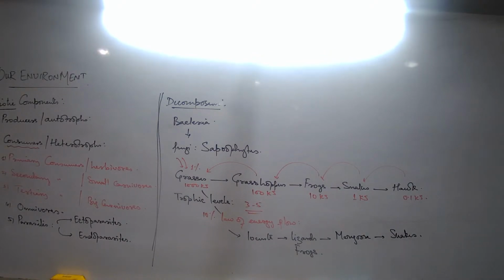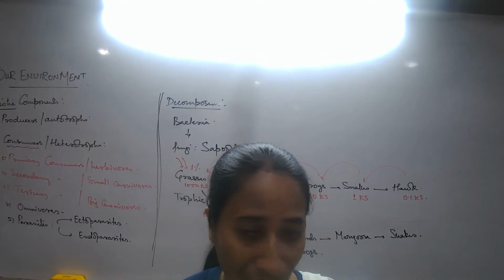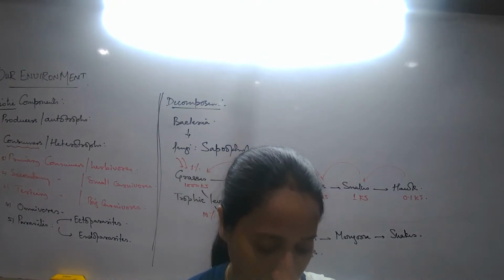Seven. In this case, the hawk hardly gets anything. So what is an advisable situation? What do we understand in a food chain? With 5 trophic levels, the last trophic level gets an appreciable amount of energy. Beyond this, the last trophic level gets nothing. How many food chains did you get? Seven food chains are there.